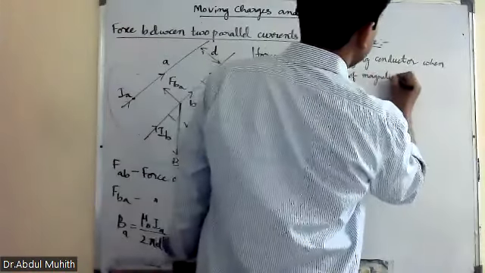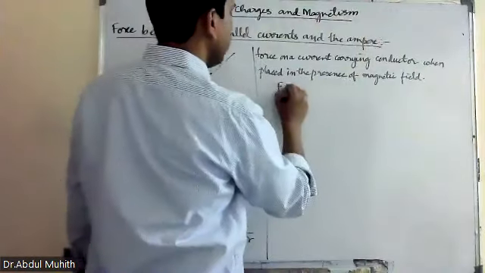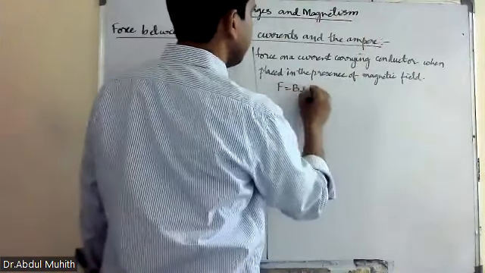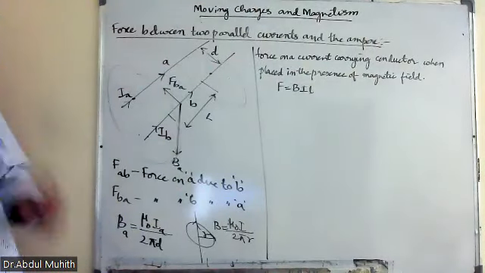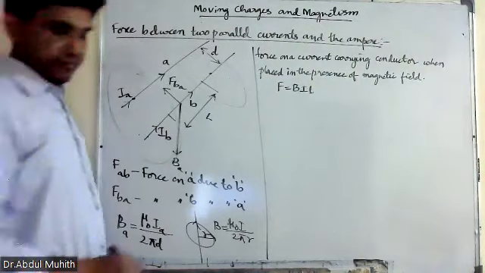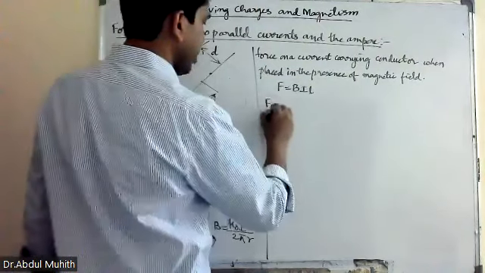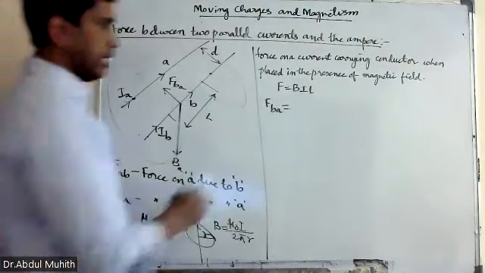F is equal to BIL sin theta, right? F is equal to BIL. So now what are we writing? FBA, the force on B due to A, is IB L into